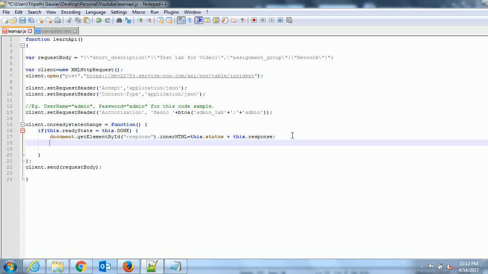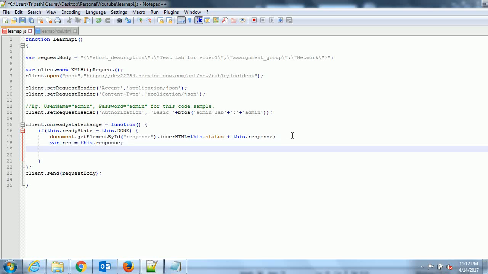We will create a variable res, this that response, and then we will parse this: parse data equal to JSON dot parse res,